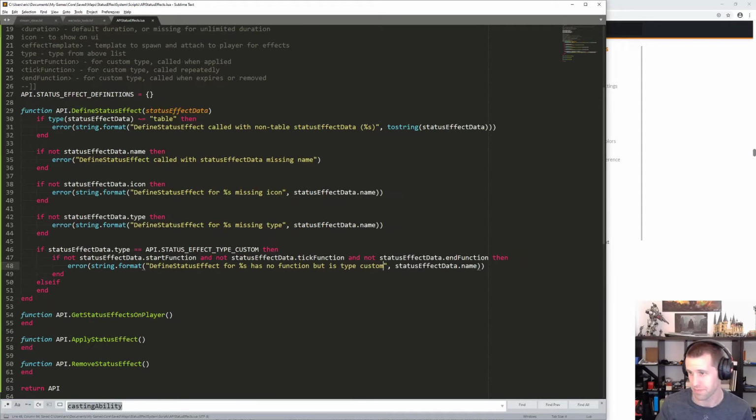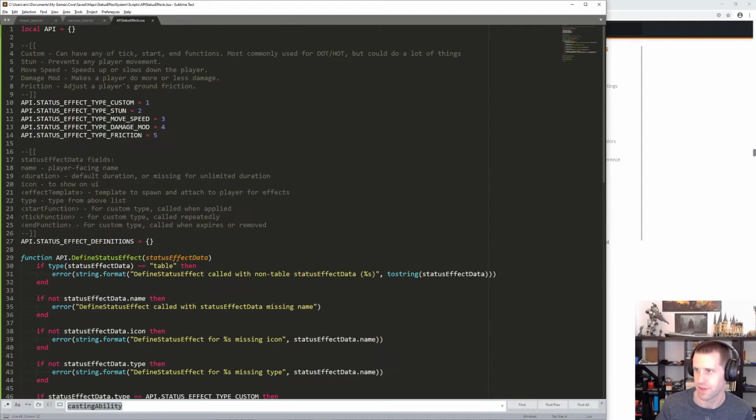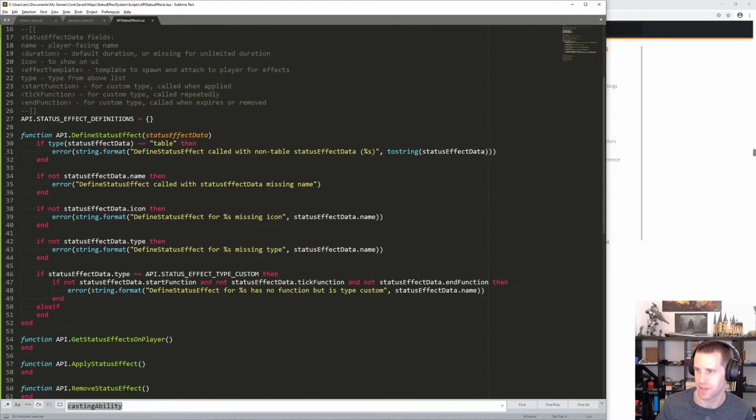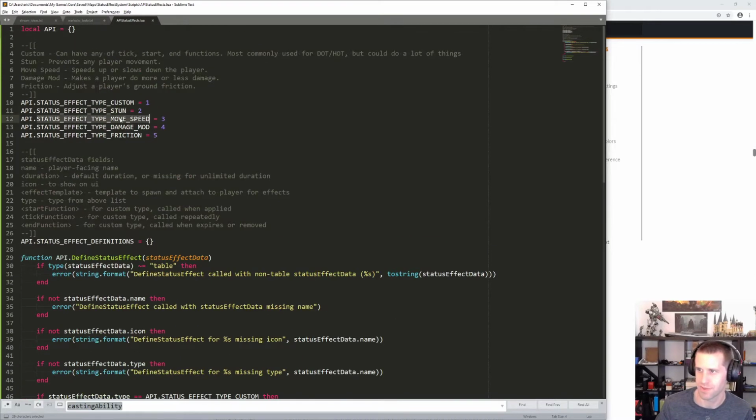Okay, simple enough. All right, stun doesn't need anything. I lied. Move speed,